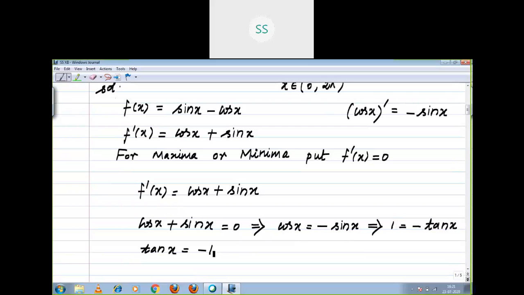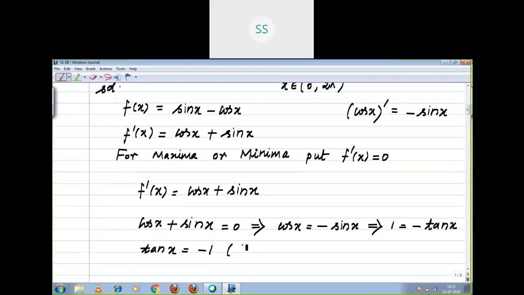One thing you want to listen carefully, children, the interval is 0 to 2 pi. In which quadrants is tan negative? Which quadrants? Any idea? Anyone? Yes, very good. Second quadrant and the fourth quadrant. So x is equal to,